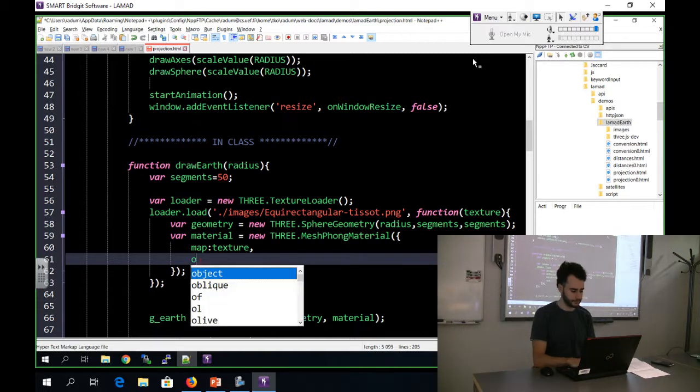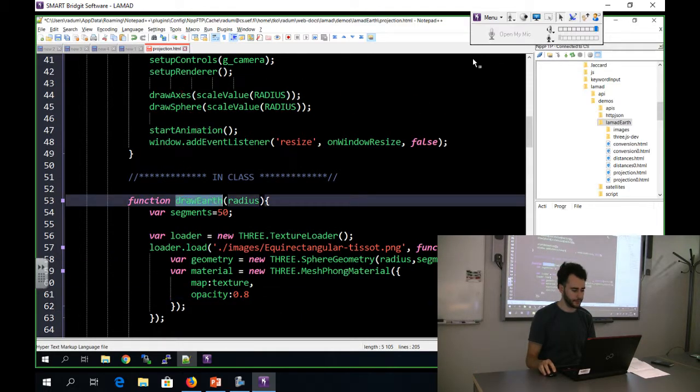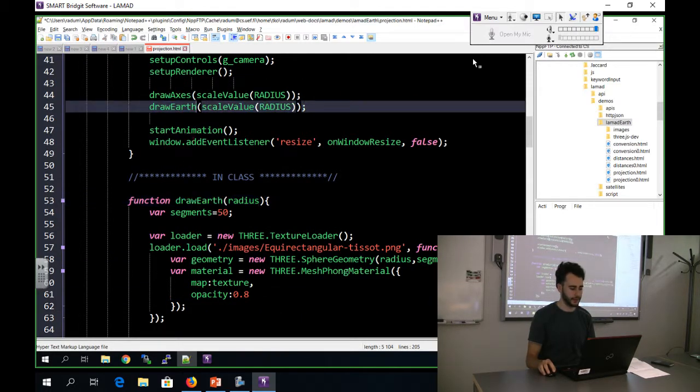Actually, I'm going to make it semi-transparent. I'm going to make the opacity, instead of 100%, 80% so that we still see these axes in the middle of the screen, through the earth. Okay, and I think that this is it. I just have to rename my draw sphere function from the main to this draw earth, and hopefully